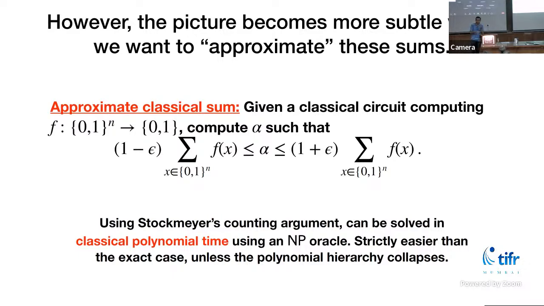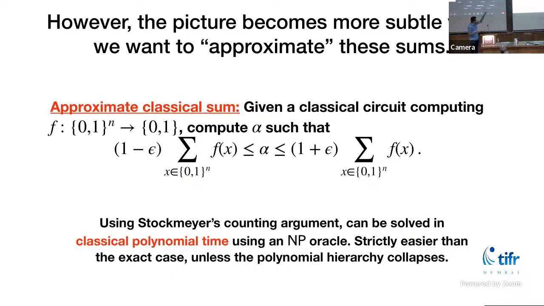Yeah, polynomial hierarchy collapses, meaning the polynomial hierarchy is defined to be a bunch of complexity classes, believed to be progressively stronger, and collapse means these classes just collapse to the same class.